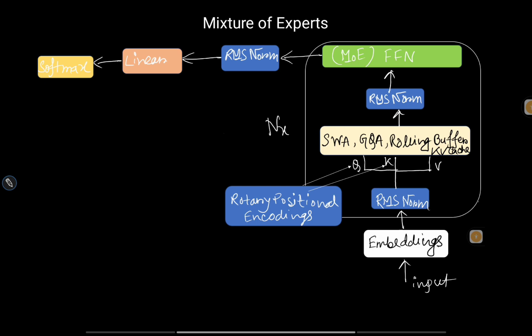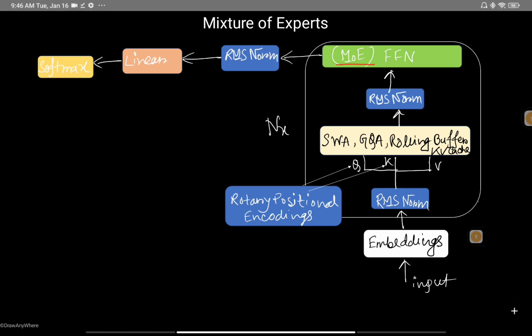Then we do certain tasks related to the attention mechanism, like sliding window attention, grouped query attention. Then there is a rolling buffer KV cache. All this I have discussed in this playlist, and the only thing left is the mixture of experts part, right? So here we can see that this is our mixture of experts, which is nothing but